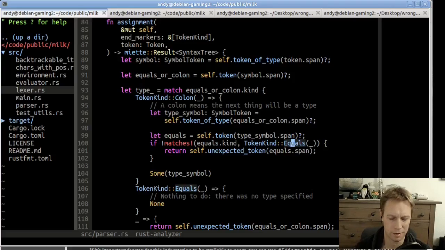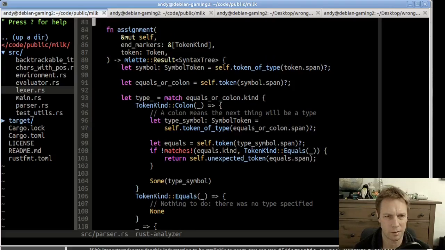Yeah, I kind of suspect you can't pass in a token kind equals as like a type or something into a function. So it would be awkward. We'd have to write a macro. I don't want to write a macro. So